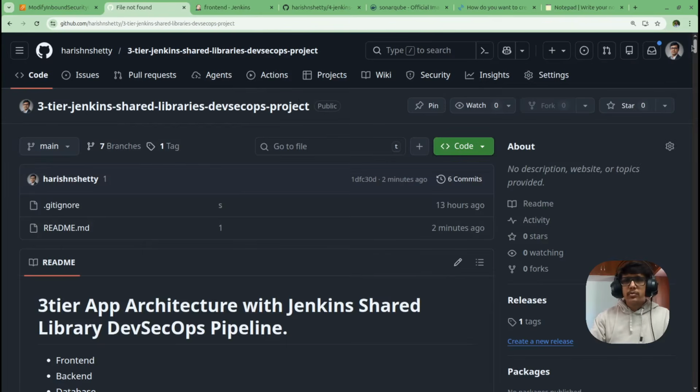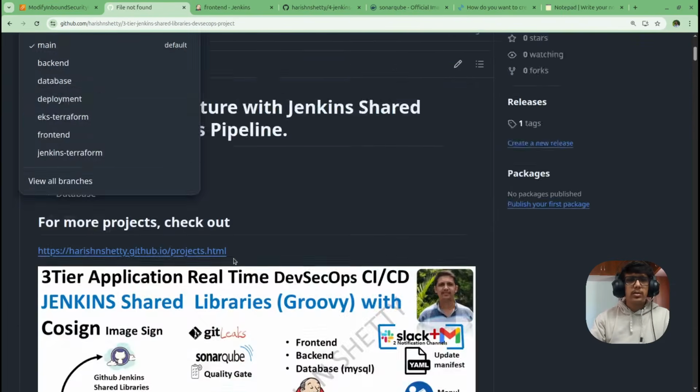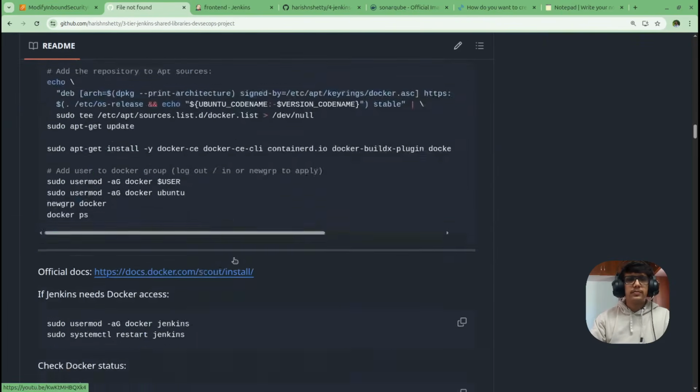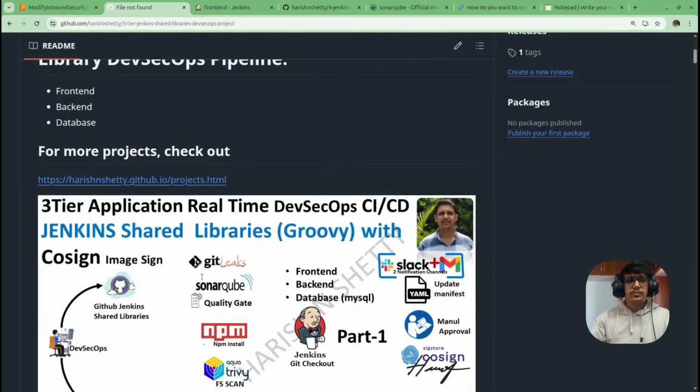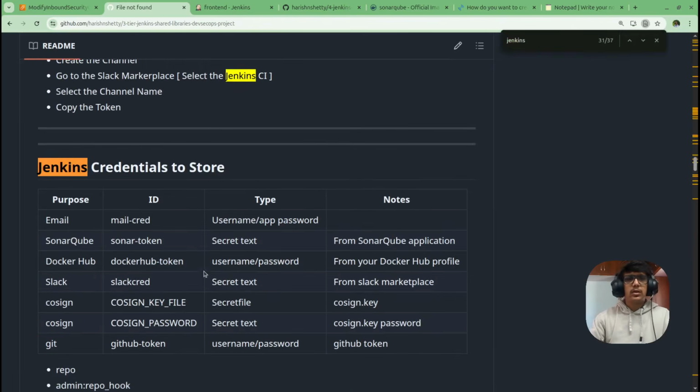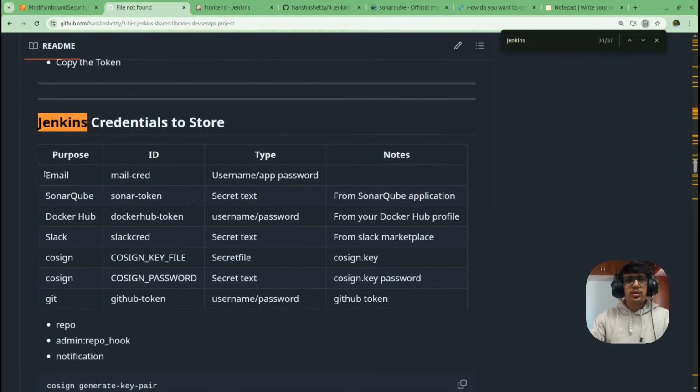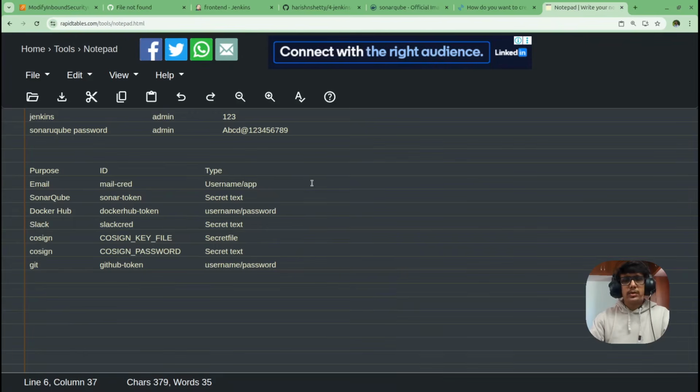Before moving up, we have to take some credentials. Go to the main branch here. So this is the Jenkins credentials store. These are the required tokens we have to take. Let's take it one by one. These are the IDs we have to give in the Jenkins credential. So name is